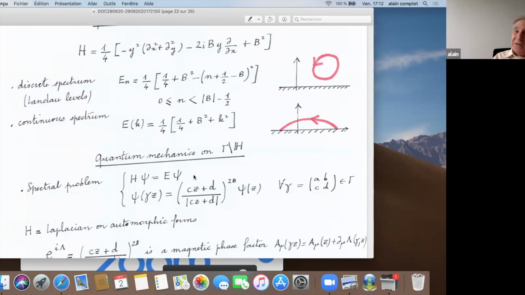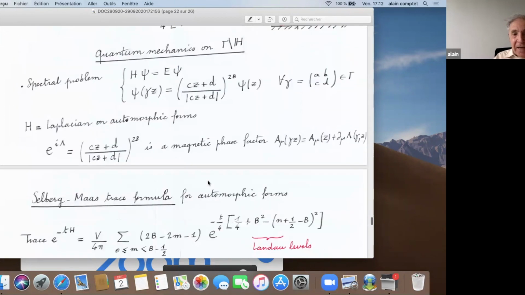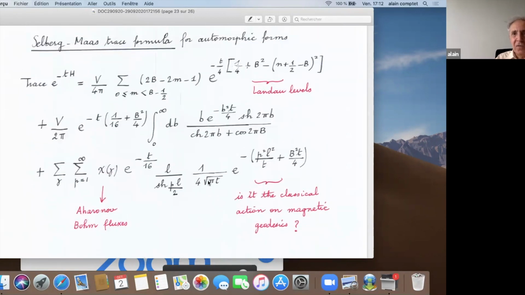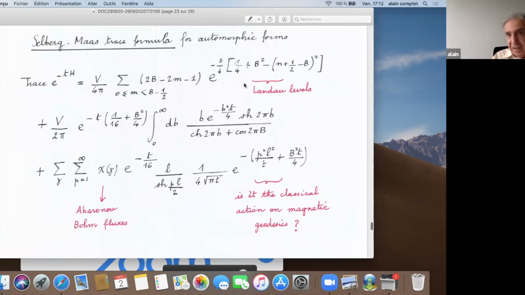But now, as a physicist, our aim is to put some physics in that. And so this automorphic factor is just a magnetic phase. And there is a Selberg formula for automorphic forms that you can find in Iwaniec's book. And now you will have three terms. Here you recognize the usual Landau levels, which are not changed, in fact. You see, this is true for any compact manifold. This term,